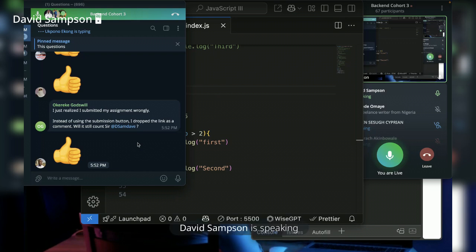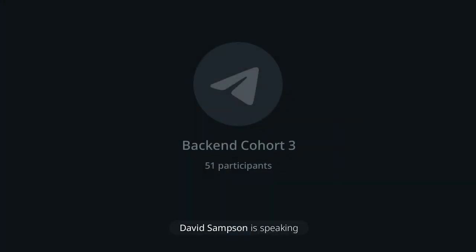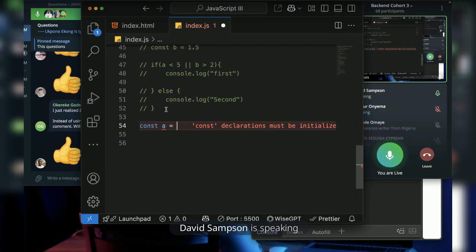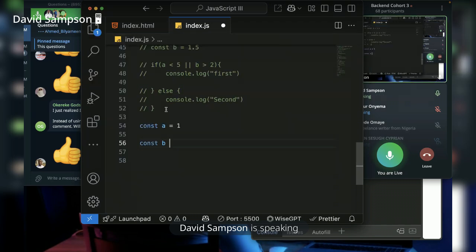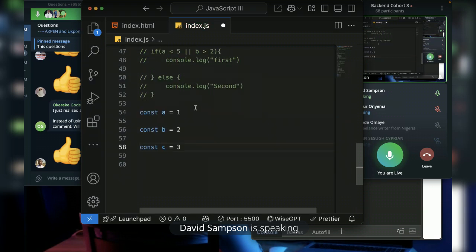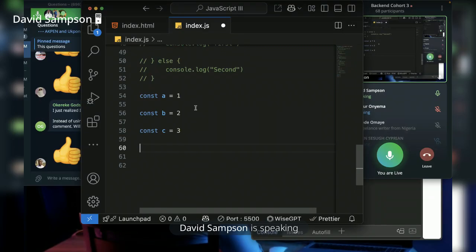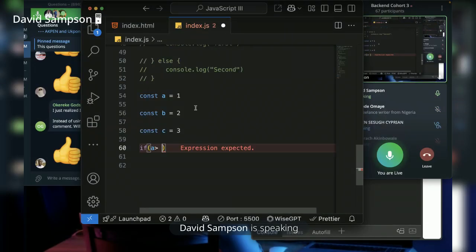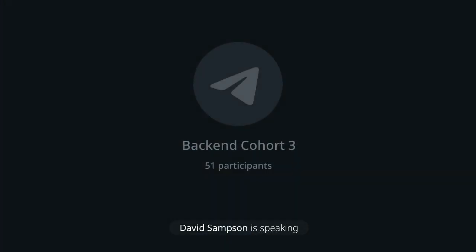Okay, let's continue. Now, there are so many ways that this can be changed. So I'm going to write one condition, just one, and see if you understand it. A is equal to 1, const B is equal to 2. If you understand this, then we can proceed to something else. So I'll come here and check for when, if A is greater than 2,